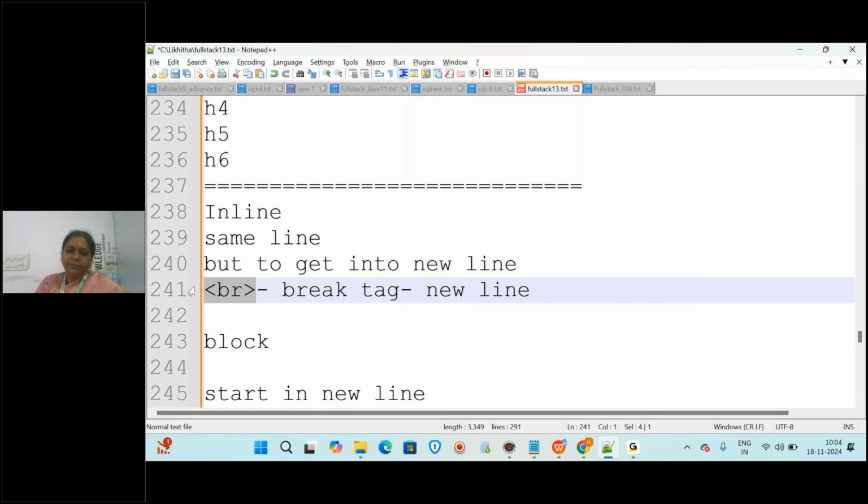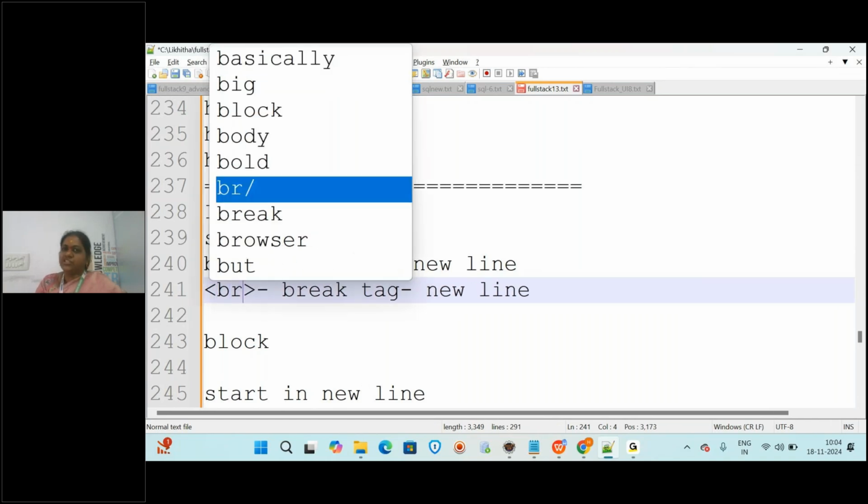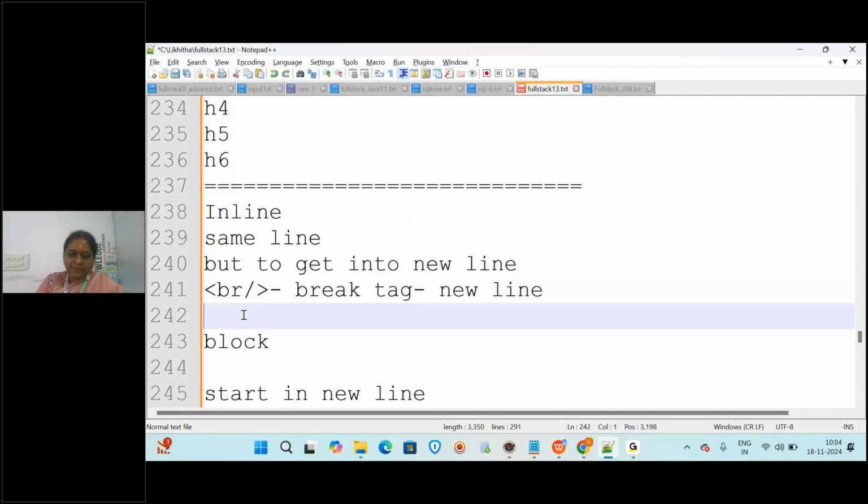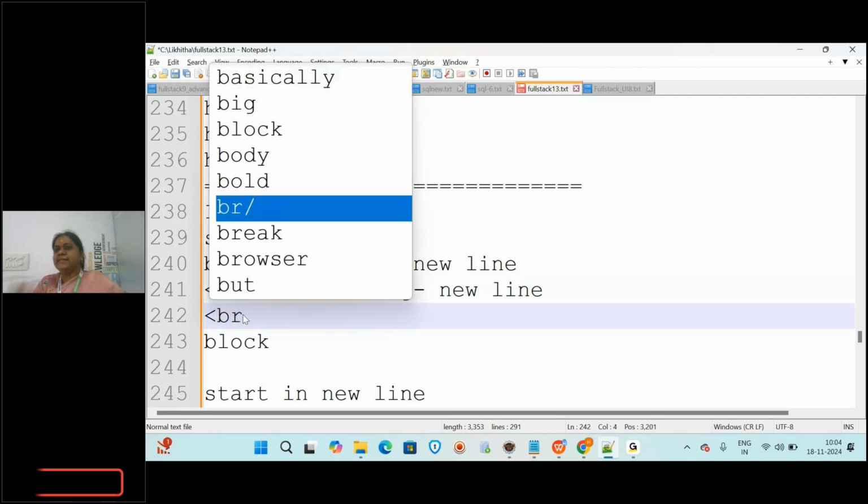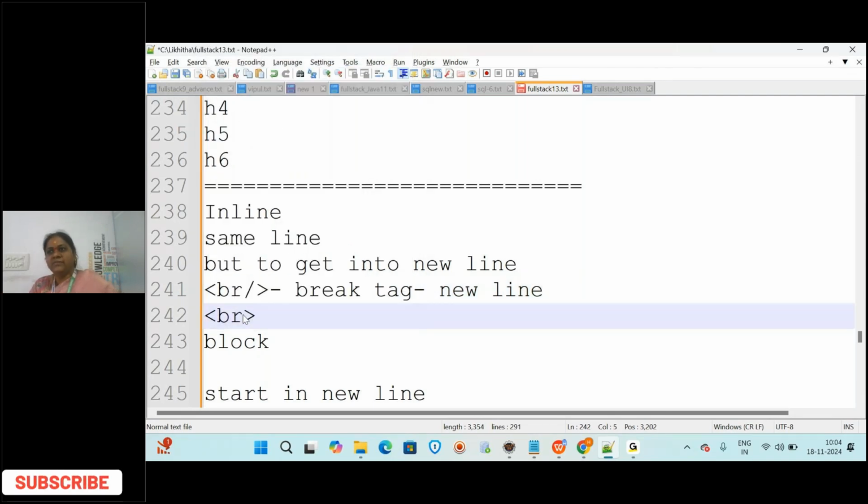So you can put br slash also. You will see sometimes br slash. This is also correct. Or you can simply write br. It doesn't have a closing tag. For HTML, title, body, heading, bold, all these have opening and closing tags, but the break tag does not have a closing tag.